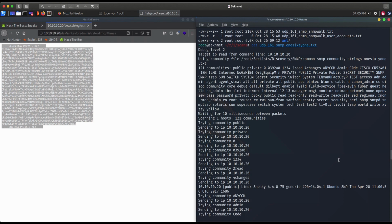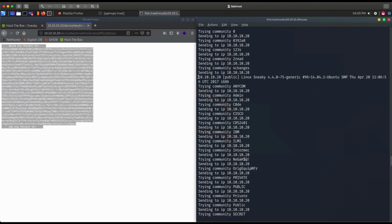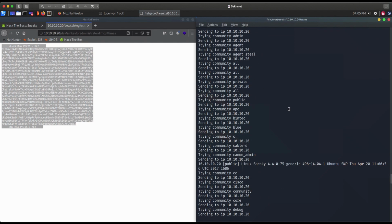Here, the service is running on an open public community, which we can see here as its attempt to log in using the public community string. Probably this is for backwards compatibility with SNMP version 1 clients. So rather than a password secured and encrypted private community, we have this openly accessible public community. And we can see